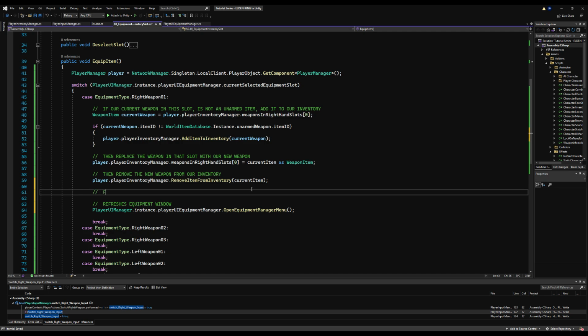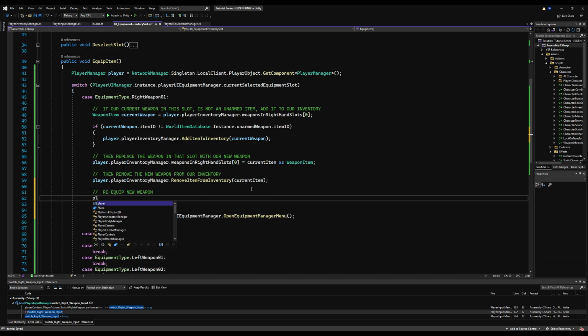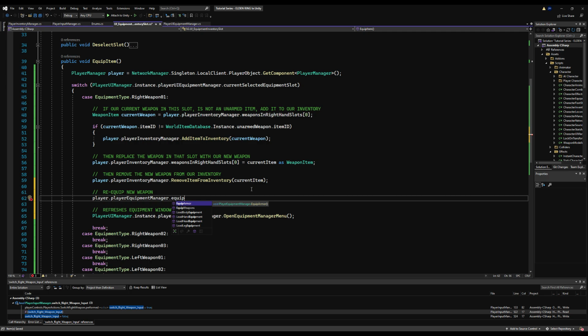Now, also, we need to equip the weapon if our current weapon is equal to the weapon in the slot. So we have 3 weapons on our right-hand slot, for example, 1, 2, 3. If we're holding 2 and we change 2, we need to refresh our current equipped weapon. But if we're holding 1 and we change 2, we don't need to refresh it. So you can't just say equip new weapons because we have to sync the network variables. So what we're going to do is say if player.player inventory manager dot